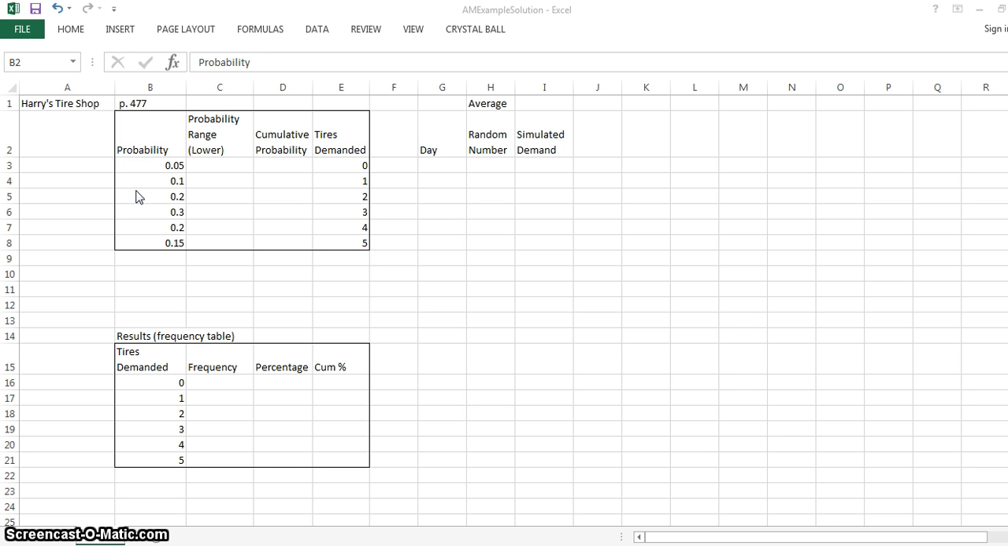The first thing we need to do is select a number of simulation trials and then simulate the demand on these days, calculating the average of that as the average daily demand. To set up the table we need to do the simulation, we take the probabilities and calculate a range, a lower probability range and a cumulative probability. For the first value,